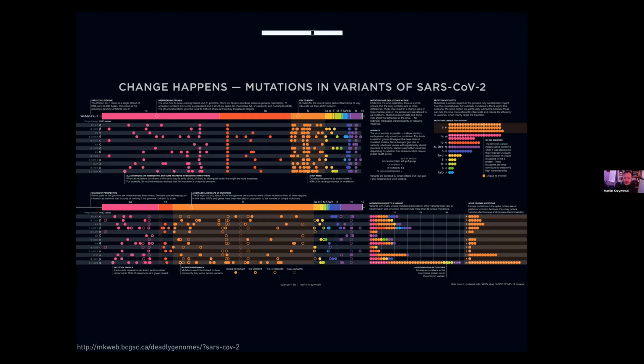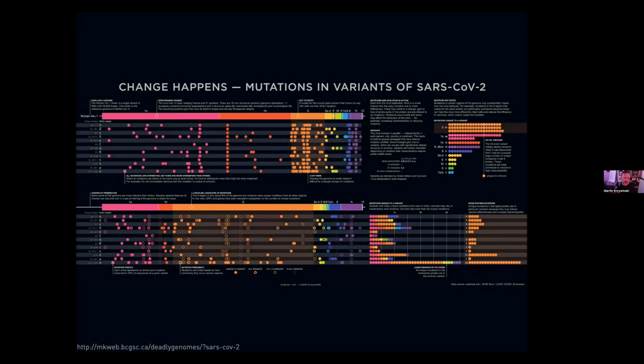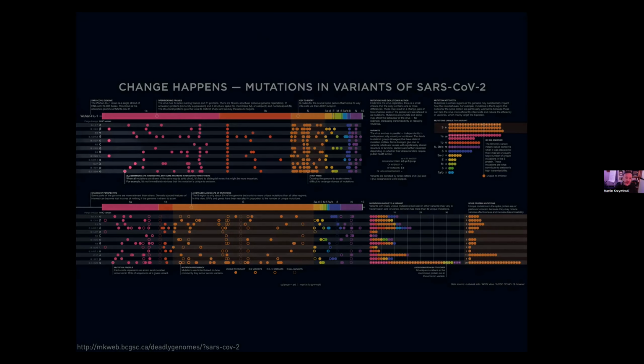What you're seeing here is the same graphic at the top reimagined at the bottom with a slightly different scale. Each row in the graphic represents a variant, alpha, beta, gamma, and so on. Then you have the genomic scale, and it's colored by the different ORFs, the different parts of the genome that code for protein. And this is to scale. So what you're seeing is the positions of mutations that are found in at least a certain fraction of each variant. And you see that in the spike protein, there are a lot of mutations and they pile up,